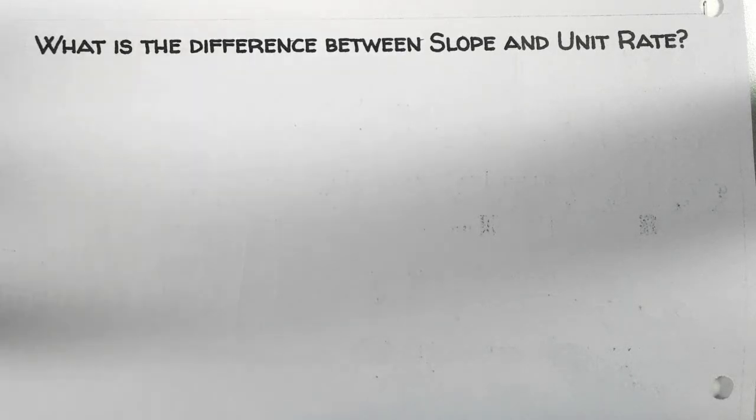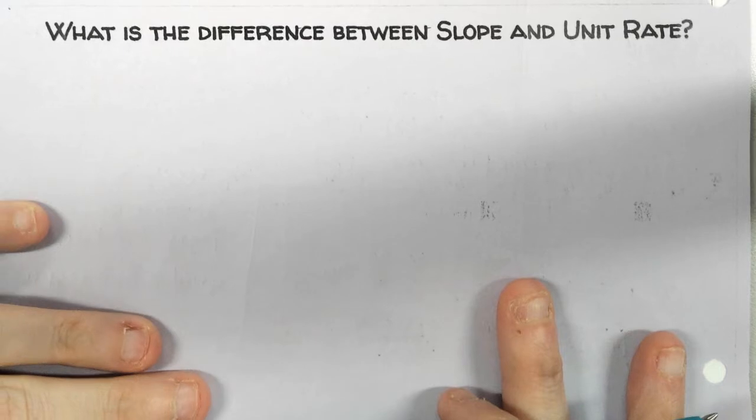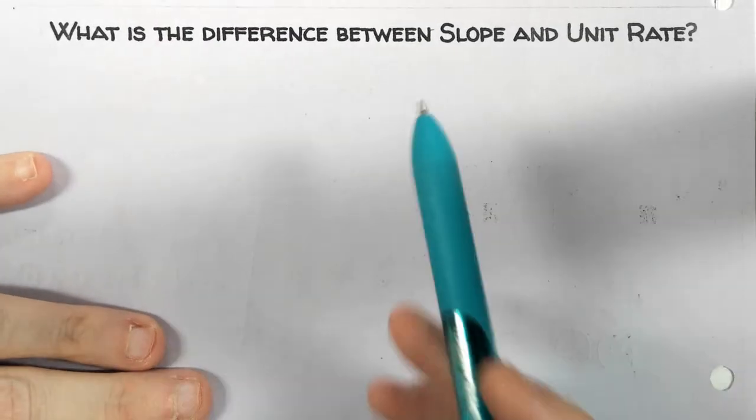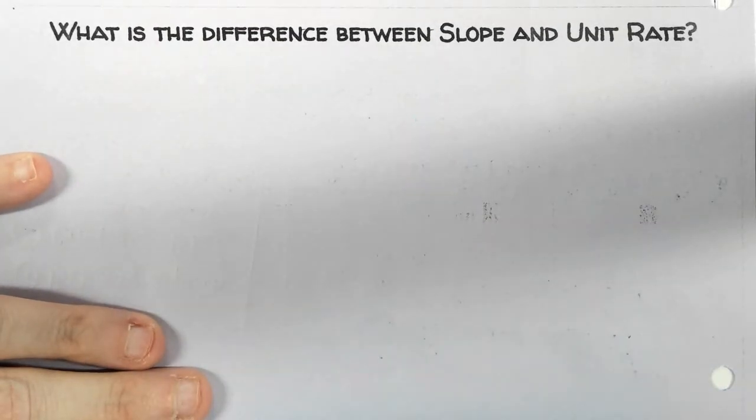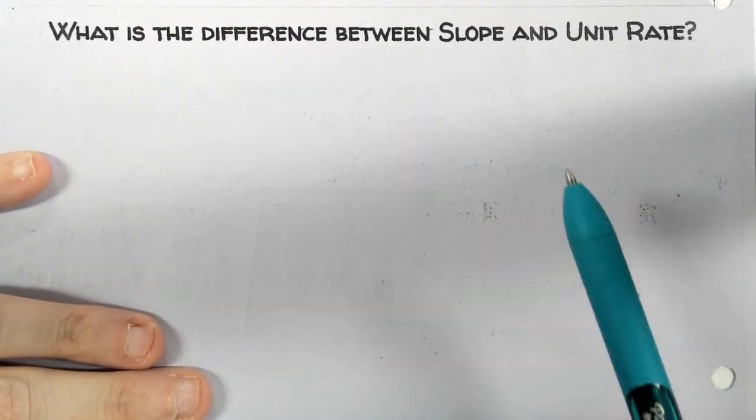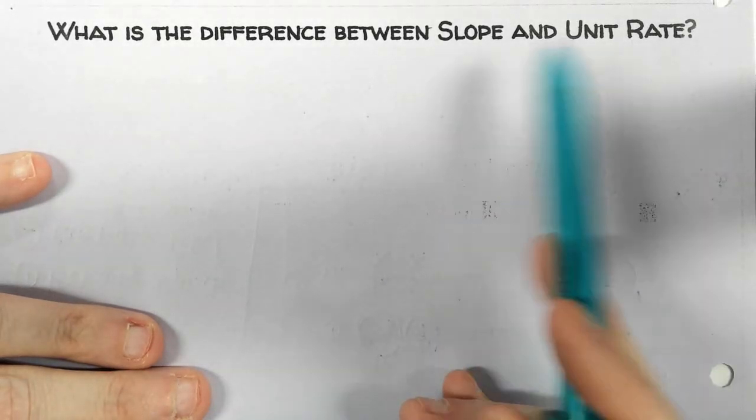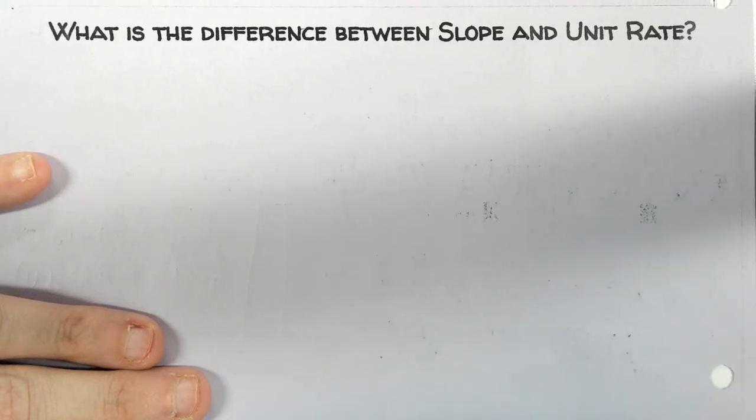So this question is, what's the difference between slope and unit rate? I'm supposed to tell you that the difference between slope and unit rate is that slope is for rate of change and unit rate is for direct variation, but I refuse to do that because during today's class,